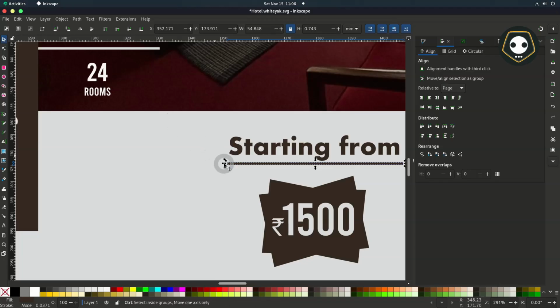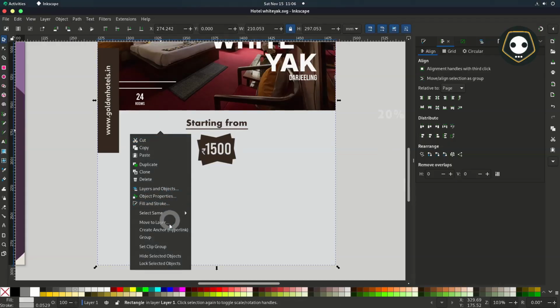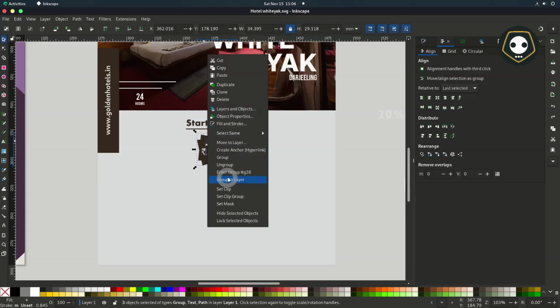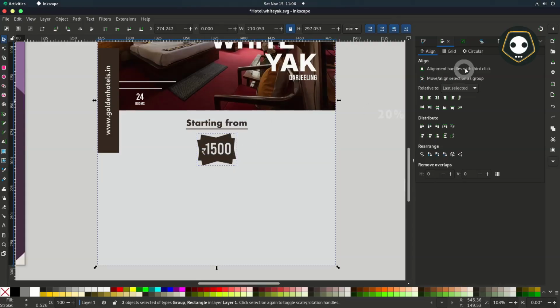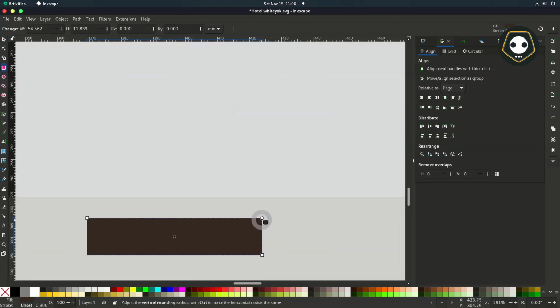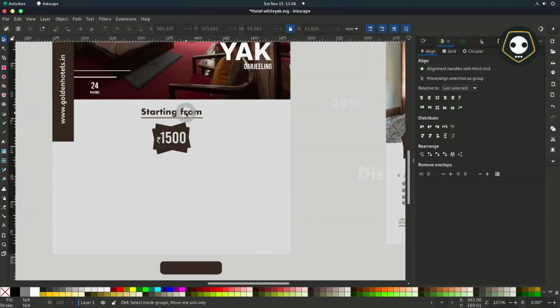This application has a magnet button to align automatically. Just hit Shift plus percentage sign to group this one and align. So again I draw the rectangle and round the corner.